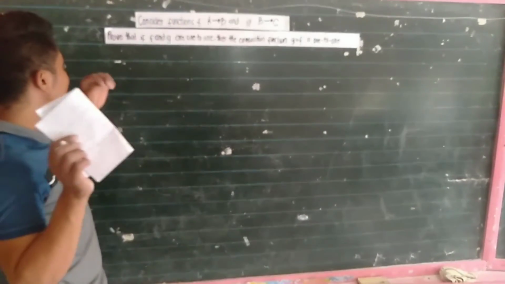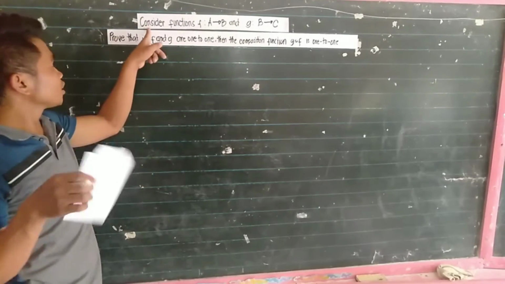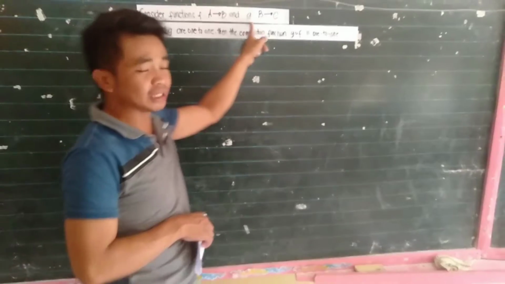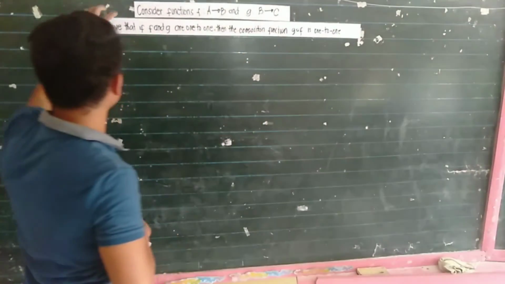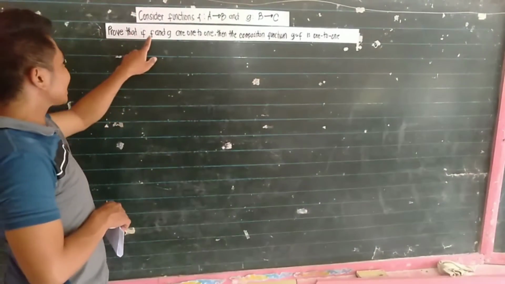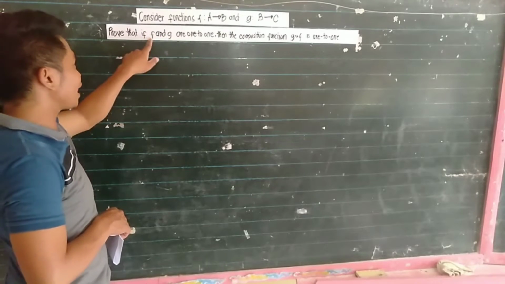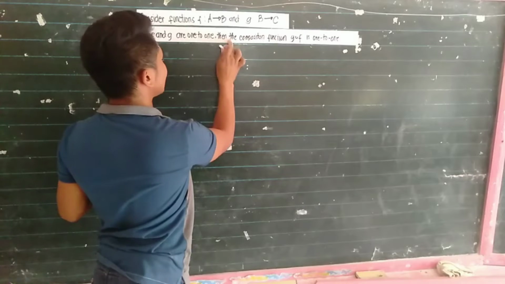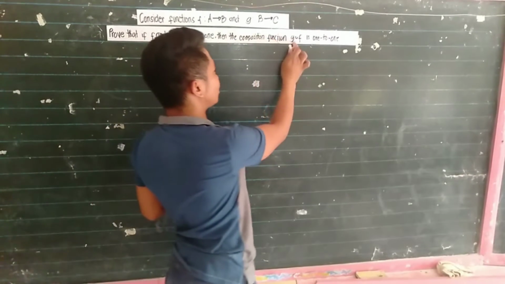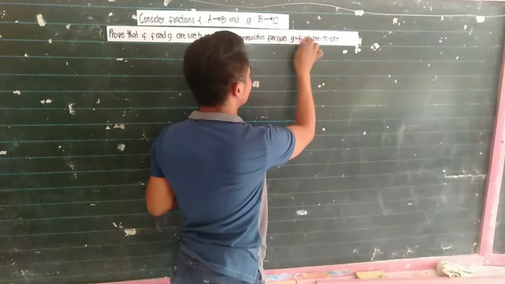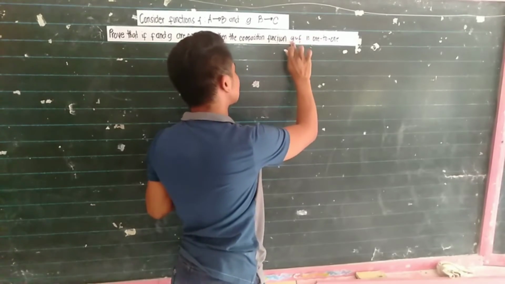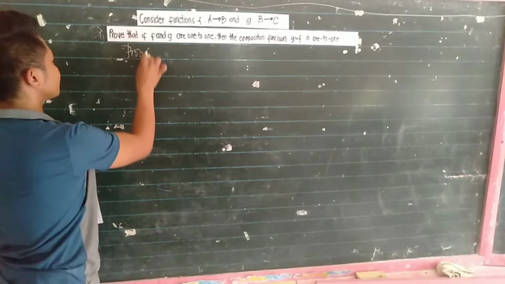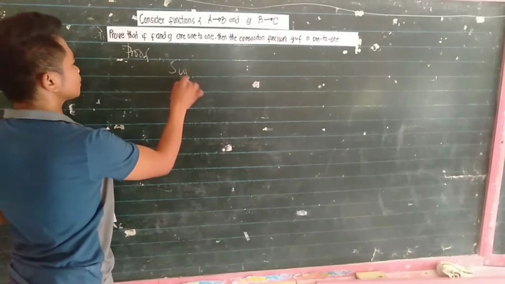Okay, so we have another example. Consider functions f from A to B and g from B to C. We have to prove that if f and g are one-to-one, then the composition function g composite f is one-to-one. So we have the proof. Proof. So suppose